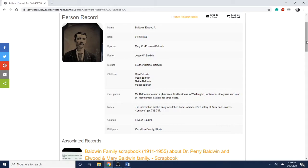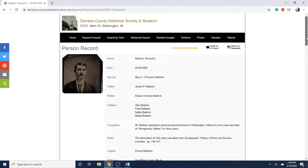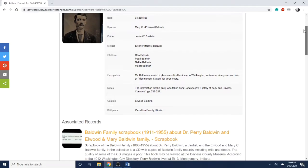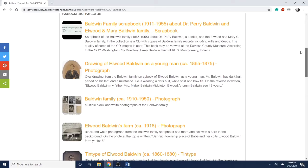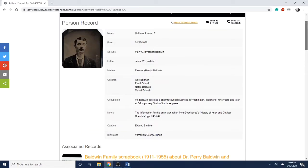We have over 47,000 names cataloged on our PastPerfect computer site, and I can assure you that the overwhelming majority of those names do not have this type of detail. Again, we continue to add to our collection all the time, so hopefully we can expand and increase our catalog section. But once you find a name that you're interested in, again, this is a hypothetical situation,